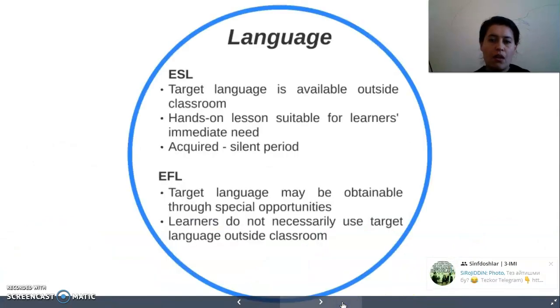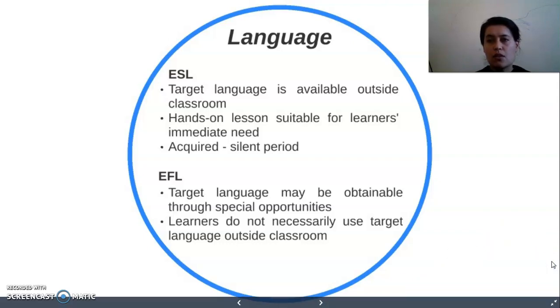First of all, we will speak about the role of language and its widely used basic terms, ESL and EFL. What's language? It's a key factor of communication. Without language, it would be very difficult to communicate with other people. Also, language plays a leading role in teaching and learning.